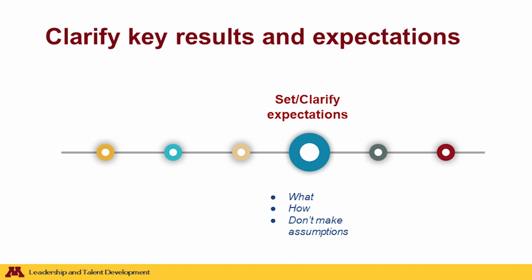So clearly setting expectations and results looks like asking or answering the question, what exactly needs to be done, when, and why, and then how? How does it need to be done? Are there certain procedures or steps to follow? Do you have an example that you could share with your student employee? And also, is there room for creativity, or a new approach to doing whatever it is that you need to get done, or is there only one way to do it? Clarifying that can go a long way in helping them achieve their results.